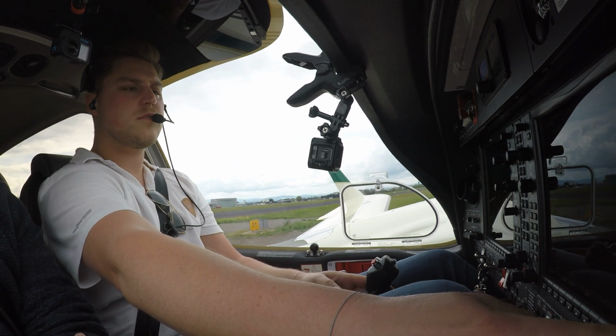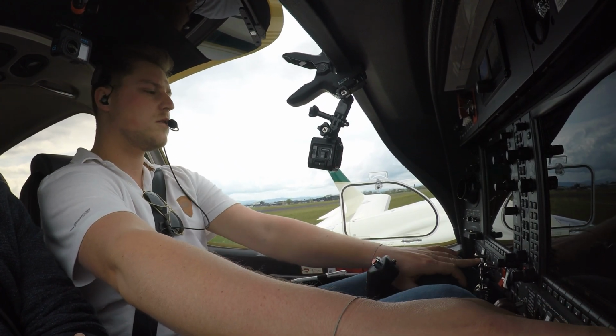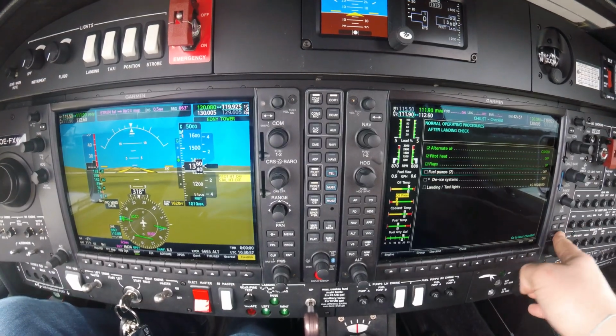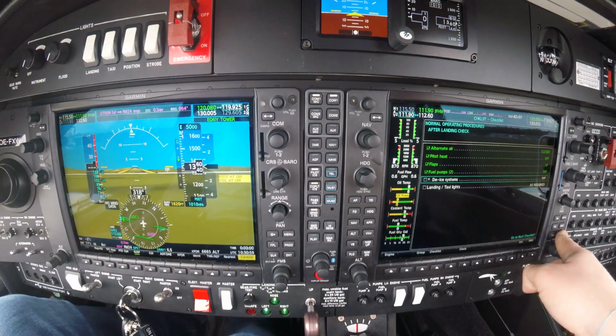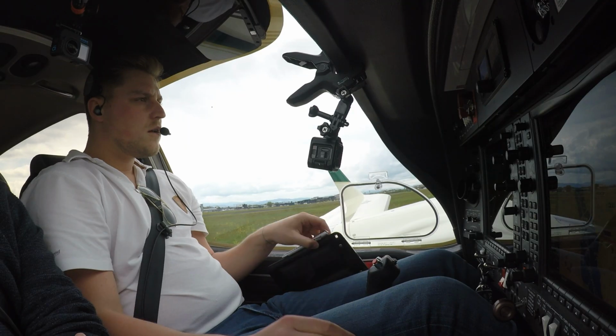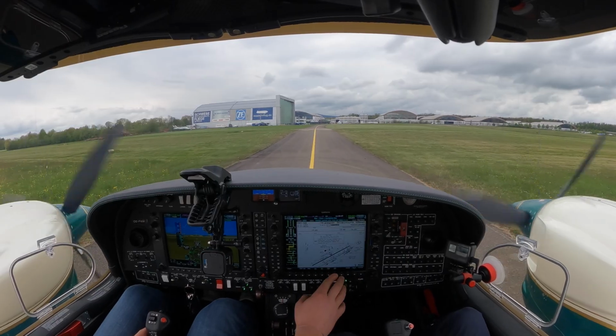So we completed the final checklist. Alternate air is closed. Pitot heat is off. Flaps are up. Fuel pumps are off. DS systems are off, and landing light is off. Landing time was 30. And now we look at...